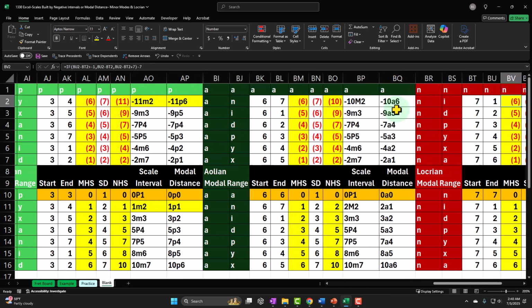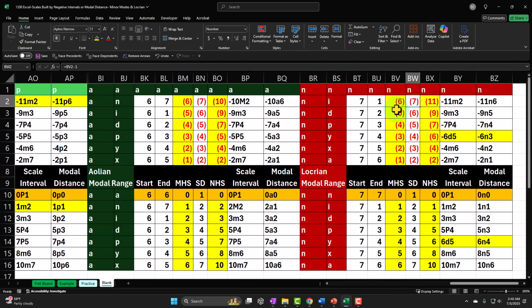What about the Locrian? Well, the Locrian's crazy. So it's going to be more minor than the main minor. It's going to be like the Phrygian, right? That's why the Locrian, again, is more different than the other minors. It has 2 intervals that are different than the main minor scale, the Aeolian. So if I go negative 6 back from the Locrian node, negative 6 continents back would land me on the Ionian. That'd be a 6-1 modal range counterclockwise, negative 6 continents counterclockwise, or negative 6 modal half steps,